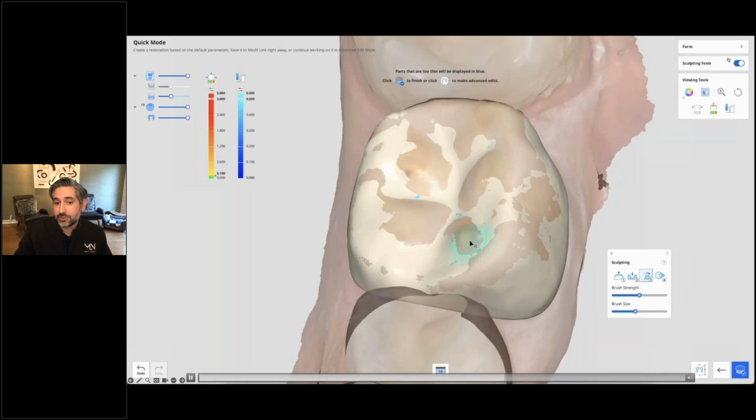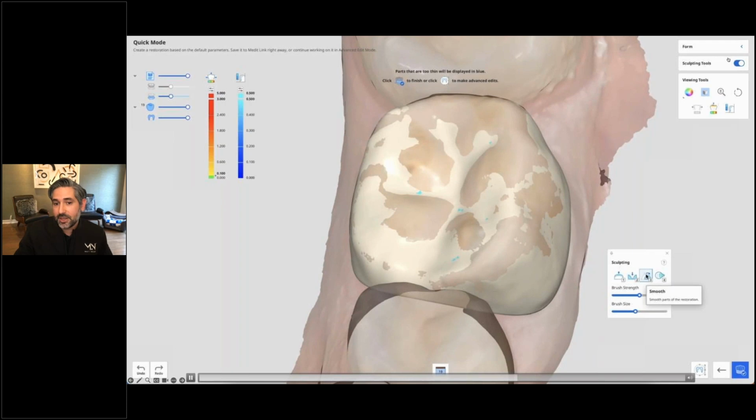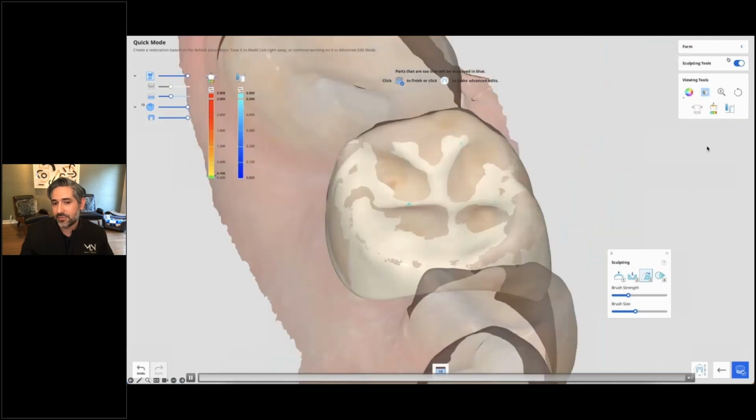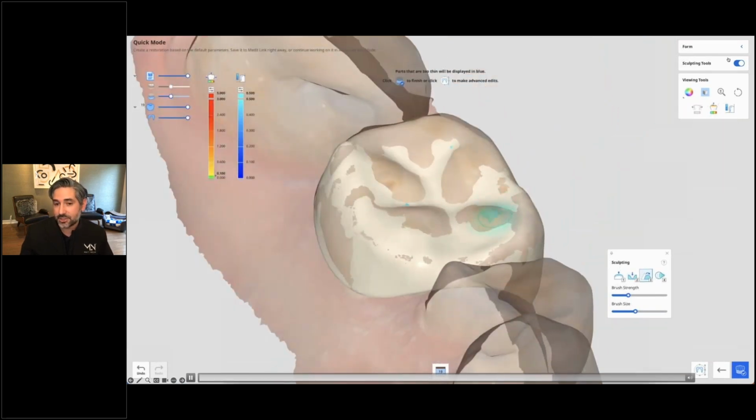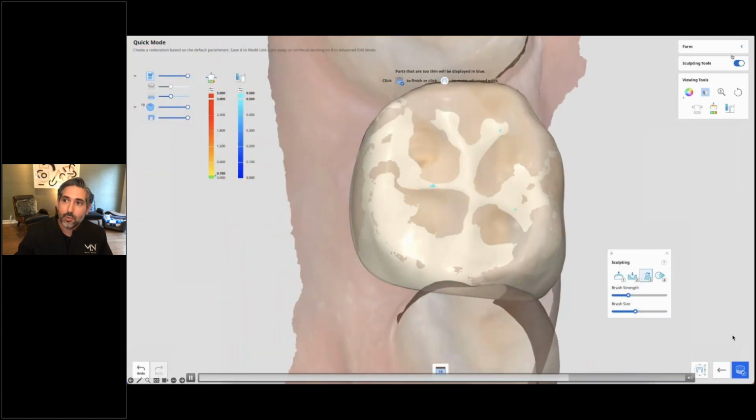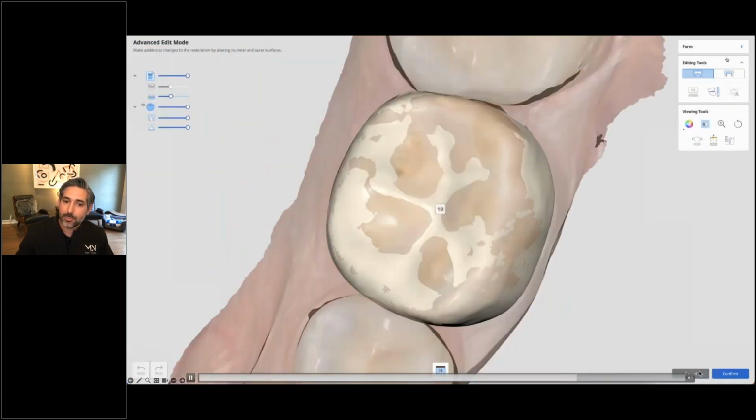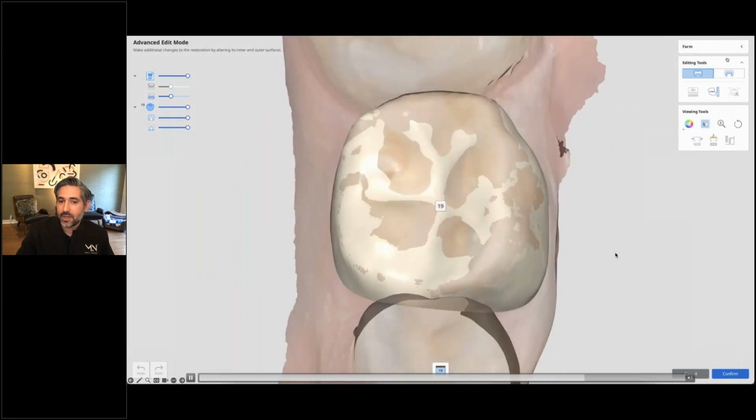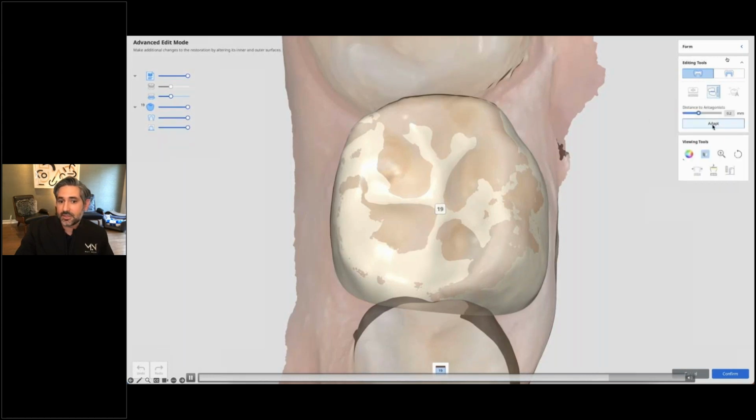And then you can still sculpt here. So if you see opportunity, you can go ahead and sculpt. And there's a step at the end where it's going to adapt to the antagonist, where it's basically going to remove any interferences or intersections. So you can kind of add conservatively here and hope that when you select that, you don't end up losing your anatomy. So now we have much less thin areas, and I'm just taking a look at things,